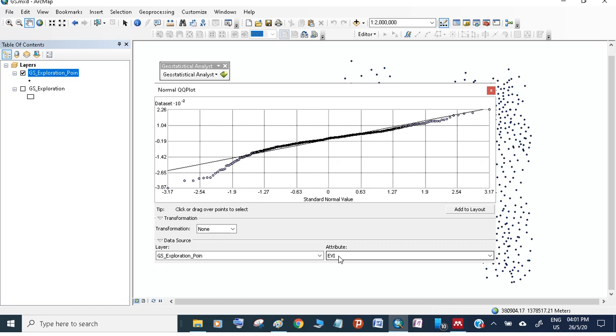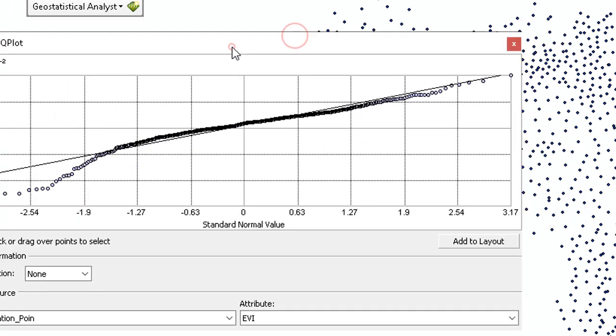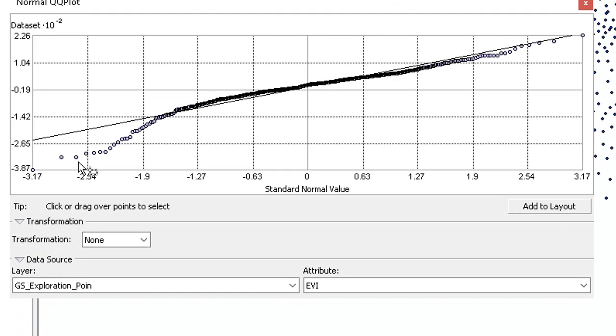So for EVI change, a minus value shows negative and a positive value shows an increment in the vegetation, and this part shows the standard values. So how is this normal QQ plot constructed? First the data values are ordered